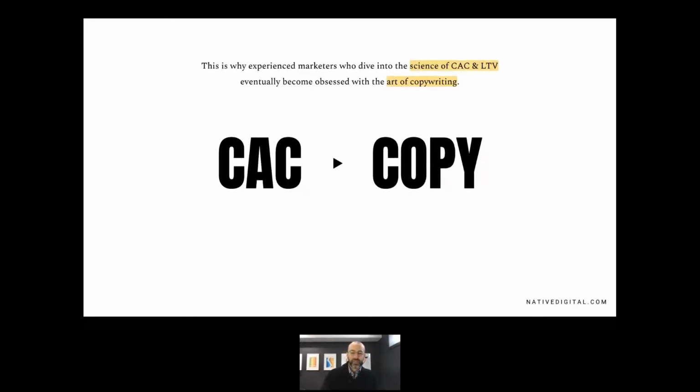For those of you on the message line that are asking about CAC and LTV, we're talking about customer acquisition cost. So what is the cost to acquire a new customer? As well as what's the value of that customer? What's the value of that customer in the first instant versus also just the lifetime of that customer, right? So it's a good concept to go into if you're in that progression of your career where you're learning both of these things.